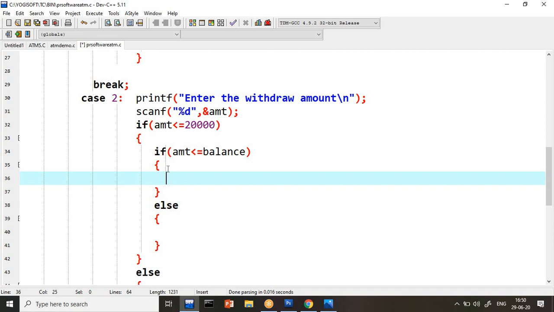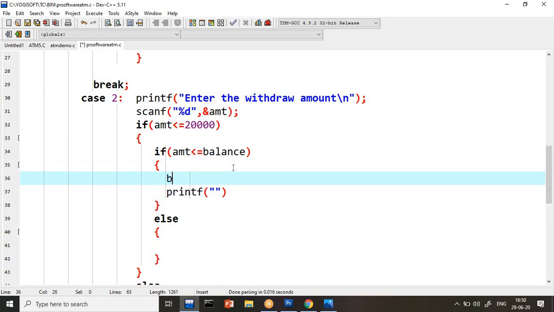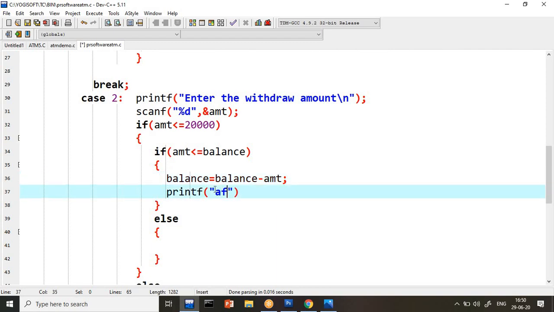Okay, so now the amount I am printing on the screen. So printf, I am trying to print if this amount is less than balance, the condition is true. So what I have to do? I have to update the balance. Balance is equals to balance minus amount. So my amount will be deducted. So I will write here,